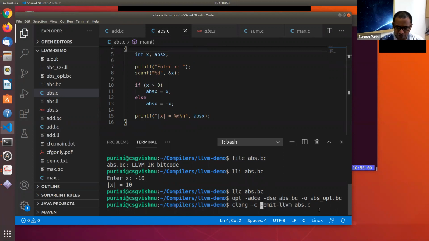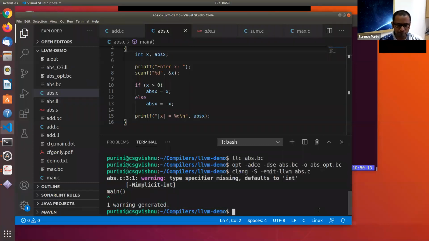But instead of this, if you use minus capital S, then you will generate LLVM IR in a human readable form. Let me do one thing.